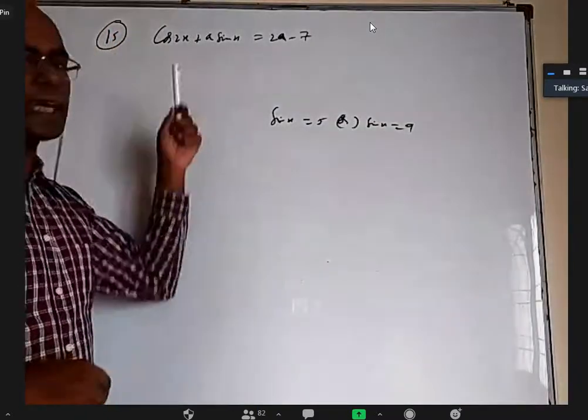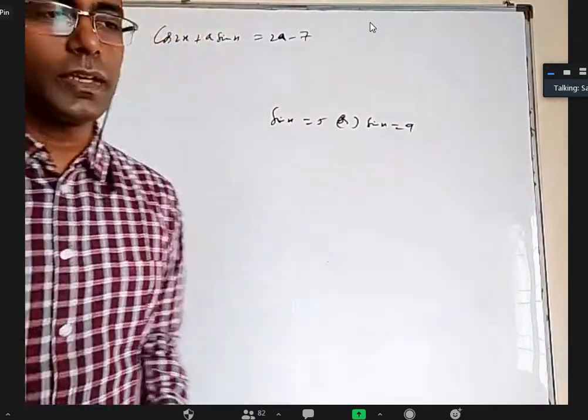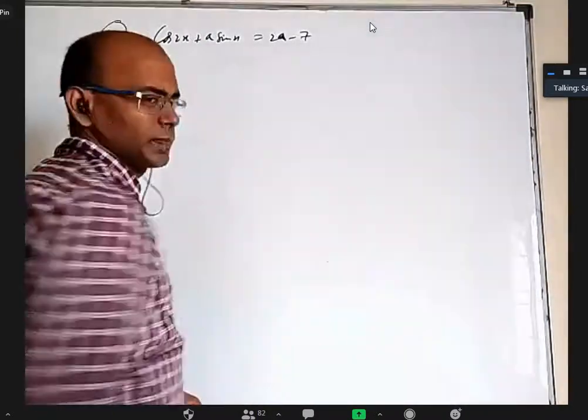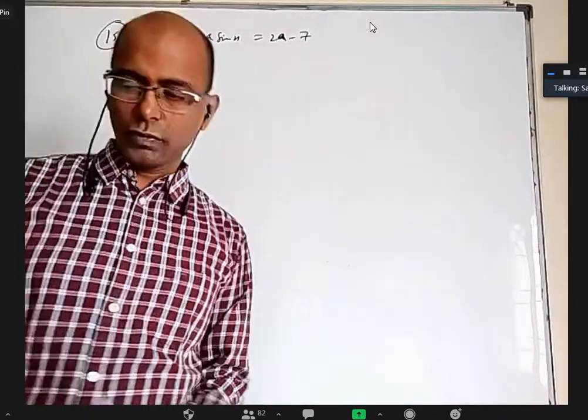Okay. So just having roots for the quadratic equation is not good enough. At least one of the roots should be between -1 and 1 also, you have to know. But that is something we are going to study in quadratic equations. So we are not going to do it that way. I want to do it slightly differently.